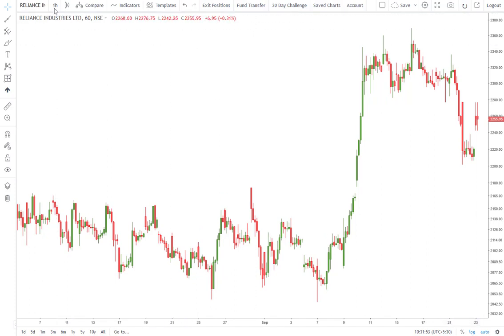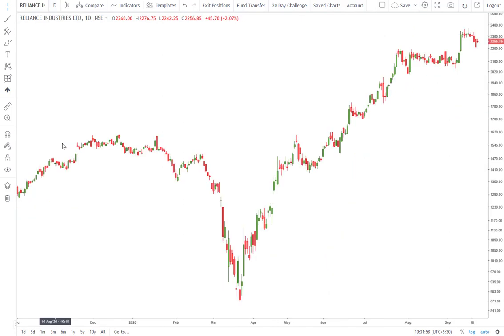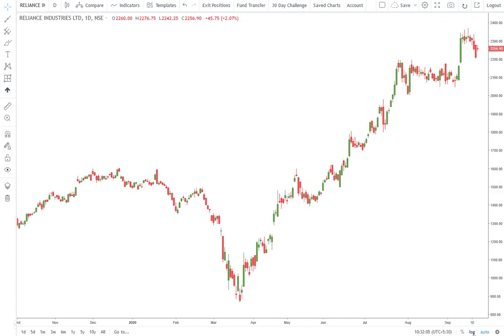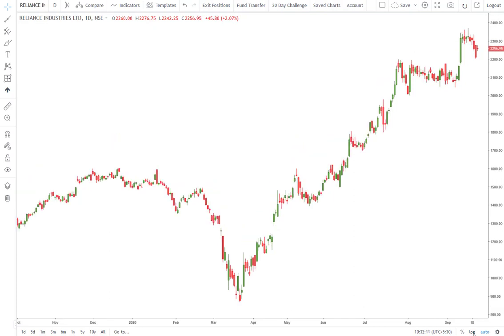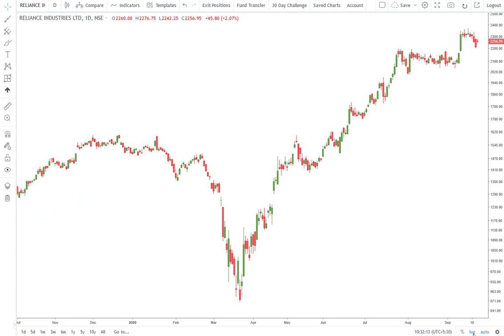Now let us shift back to the daily time frame from the hourly time frame. Again, see that when we toggle back and forth from one scale to the other, there is not much of a material impact on the manner in which the candles appear. This is because the period under consideration is relatively small, ranging just from a few days to a few months, and the price change during this period is not massive in magnitude terms.